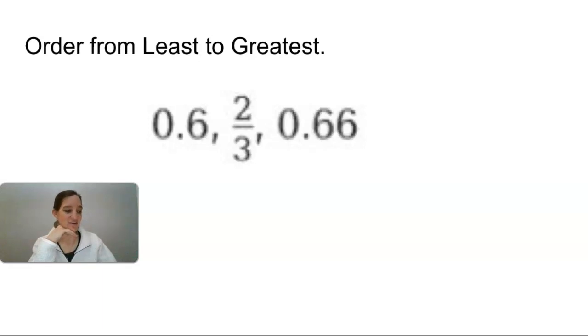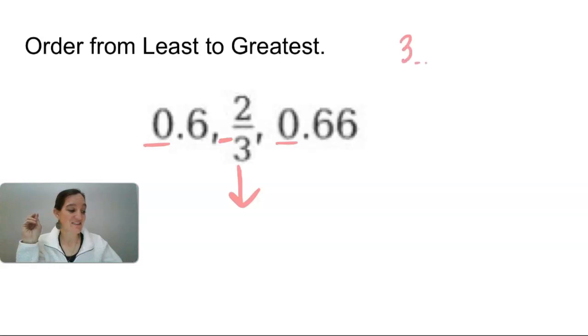We got 6/10, 2/3, 66/100. They all have no whole number, so they're all close together, aren't they? They're all between 0 and 1. Now, they're all greater than half as well, aren't they? So we can't do that. Let's change this to the decimal, which is another, see guys, I'm telling you, those 5 fractions and decimals you're going to see over and over again. If you don't have it memorized, then you're going to have to fraction hating troll it, which will end up giving you